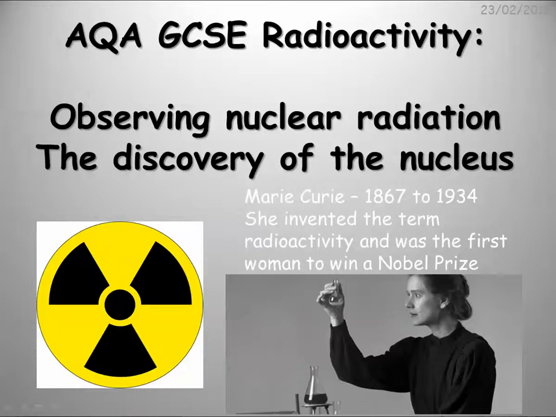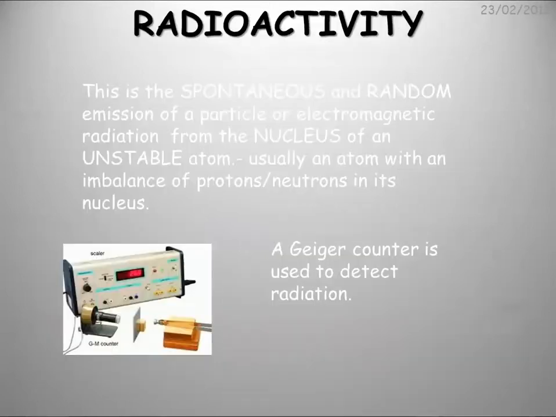This is the first tutorial in the AQA GCSE revision on radioactivity, and it's called Observing Nuclear Radiation and the Discovery of the Nucleus. Okay, radioactivity. This is the spontaneous and random emission of a particle or electromagnetic radiation (wave) from the nucleus of an unstable atom. The words in bold are key words to this topic, and you need to be sure you understand what